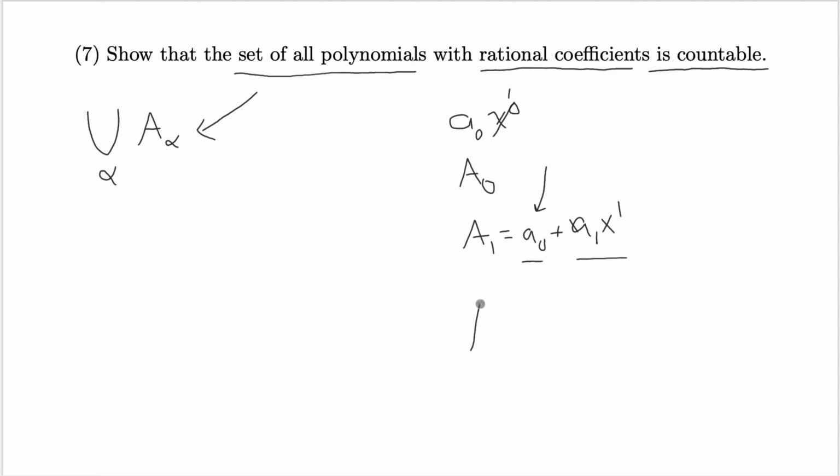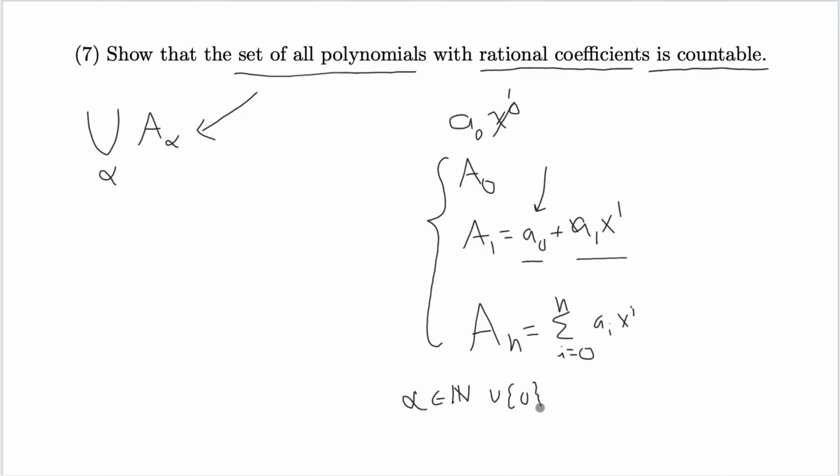This generalizes. So for the nth set, which is of the form the sum from i equal to 0 up to n of a_i x to the i, we have it that this is countable because you have n countable sets. So by Cantor's diagonalization, this is countable. So now we note that we have this for our index. Alpha is an element of the natural numbers, union with the 0,